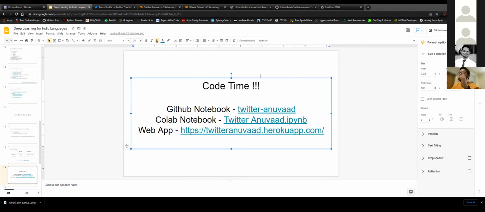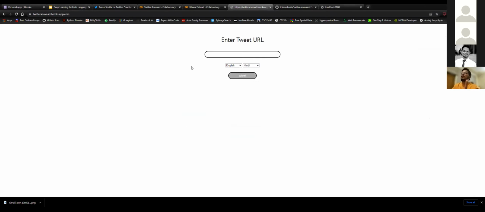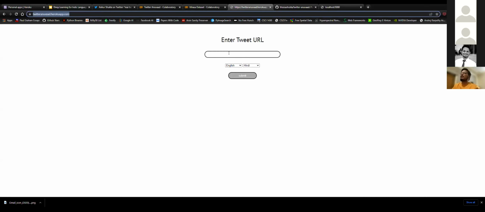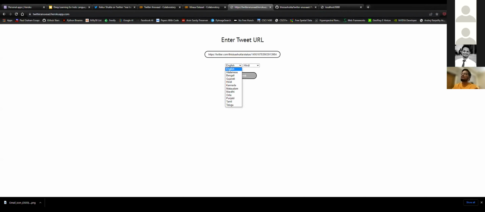So this is the link for Google Colab, and I also share the link for the GitHub repository of the code. And I've also deployed the code as an application on Heroku, so we can just have a quick demo as well, and you can also go on this particular link and try to translate different tweets as per your wish. So if I copy the URL of the tweet and paste it here, and I just give the source language which is Hindi, and let's say I want to translate my tweet into